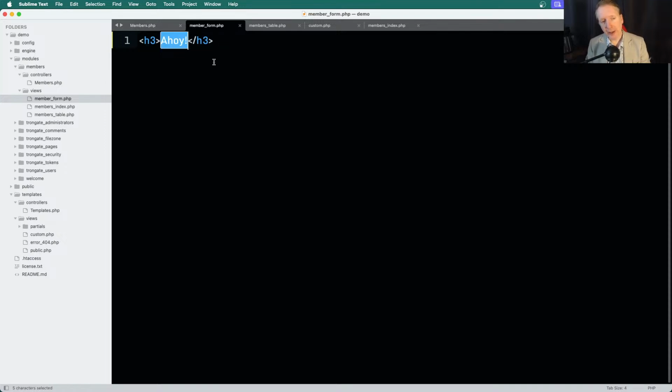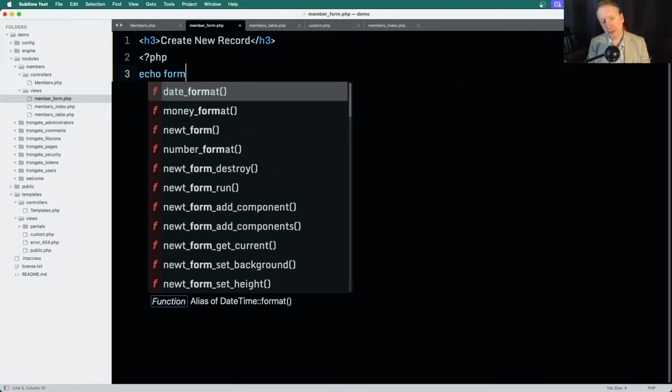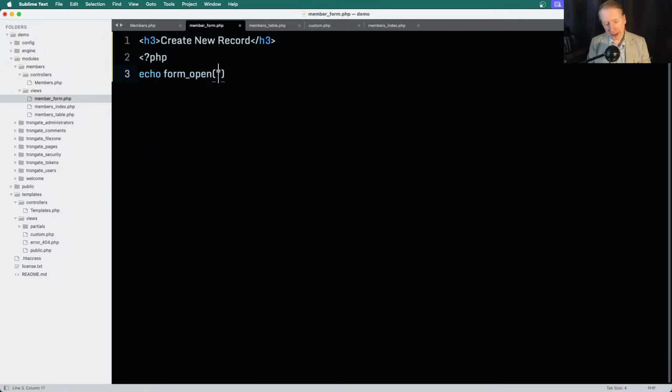All right. So let's just quickly turn this into a form. So I'll say create new record, and I'm going to go straight into building the actual form here. So I'll say form opening. Now normally we put an address here, but because we're using Trongate MX, I'll just do a little hash symbol, and I'm going to pass in some form